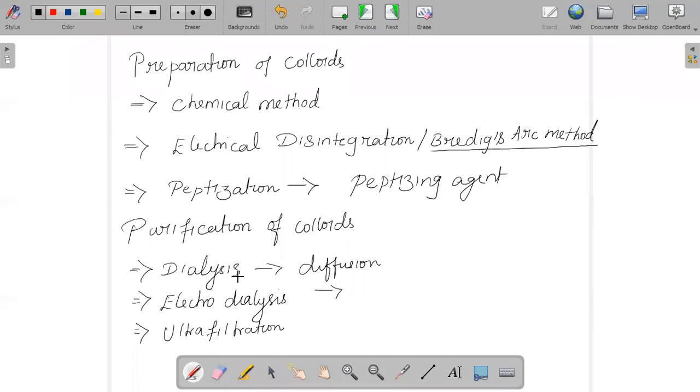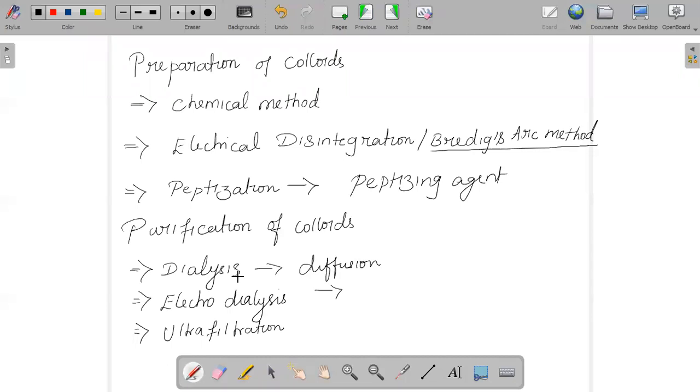But when we use an ultrafilter paper, which is prepared by soaking the filter paper in a colloidal solution, like the one used for hardening by formaldehyde, and then drying it, the pores become too small. As this is a slow process, pressure or some suction is applied to speed it up. The colloidal particles left on the ultrafilter paper are stirred with fresh dispersion medium, and it will form a pure colloid. So this is the method being used